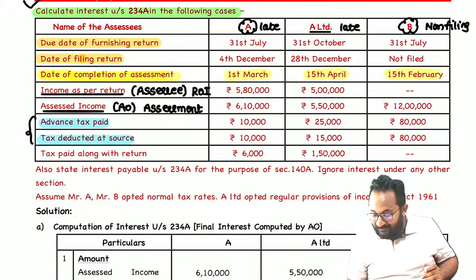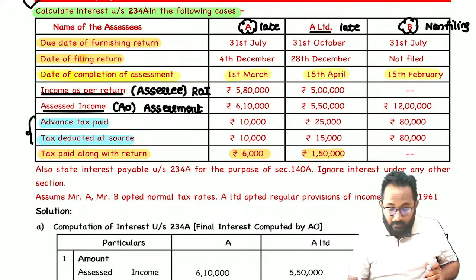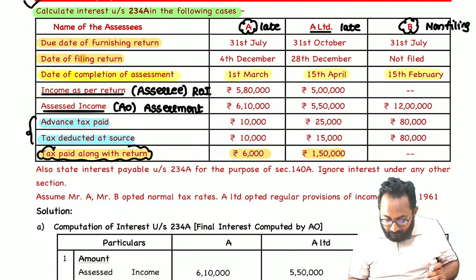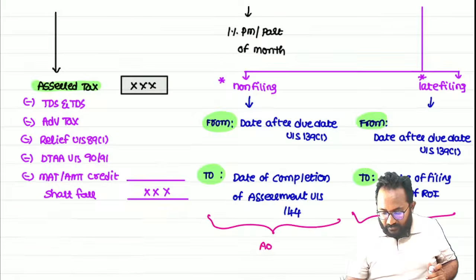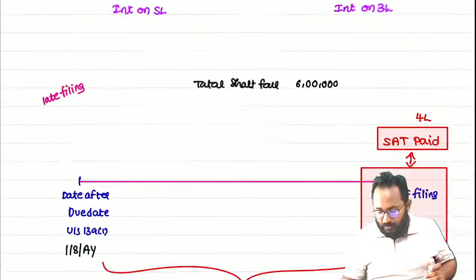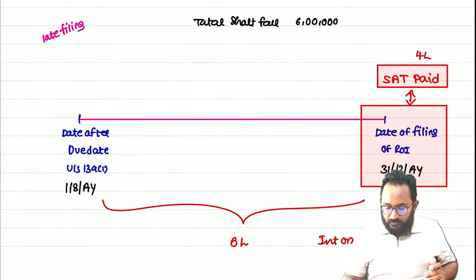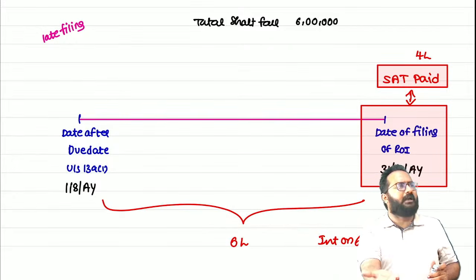They have given the tax paid when? At the time of filing of return. In these two cases only you filed the return. You paid the tax when? At the time of filing of return. Sir, self-assessment tax is paid. Look at the screen. At the time of filing of return. So that's why, can you tell me, is there any interest burden reduced? No. No need to consider also.